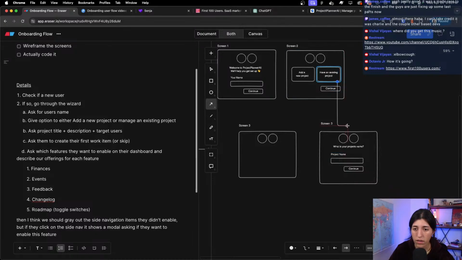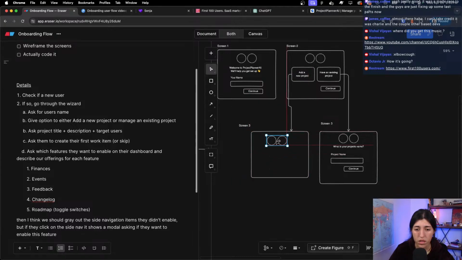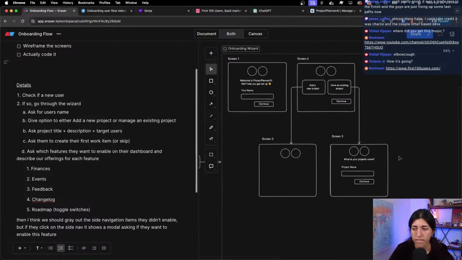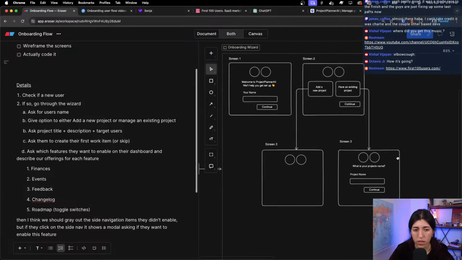So if it's have an existing project, then we'll go here. From here, okay. And then if we have a new project, then we want to go here, and then we'll ask, what is your project's name? Because if you have an existing project, I'm assuming you already have the name of your project. Okay, and then